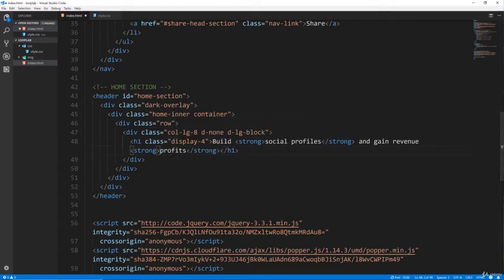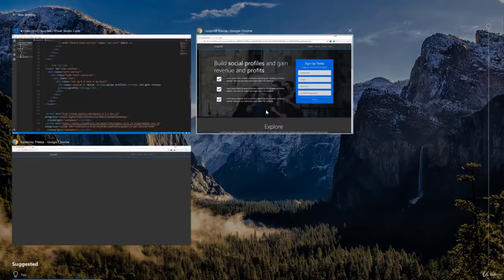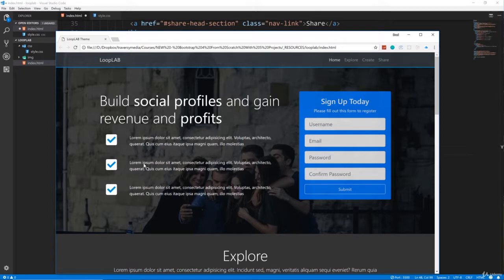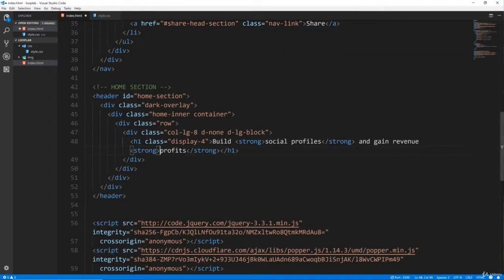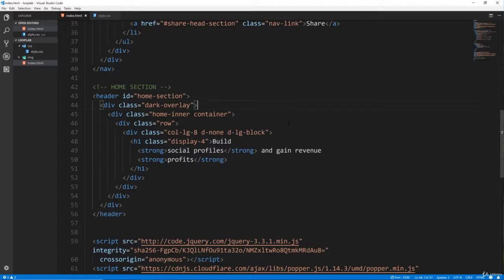Okay, so that's our H1. Now, underneath the H1 is where we want to put these 3 areas with the icon and the text. And we're actually going to use Flexbox for this. Remember, we went over the dflex class, and we had the alignment classes and stuff. We're going to use that right here. And just to show you what it looks like so far, I'm going to save this and